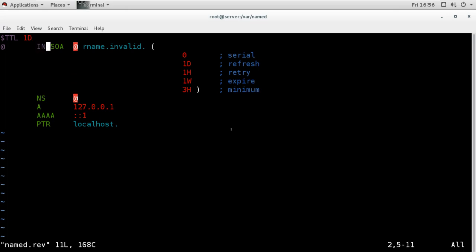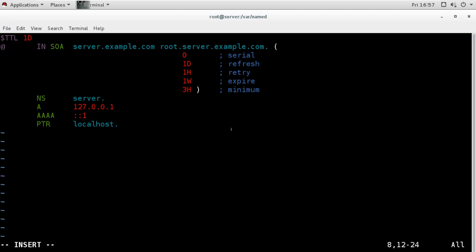So I will change the same options here first. SOA record, mail server, name server.